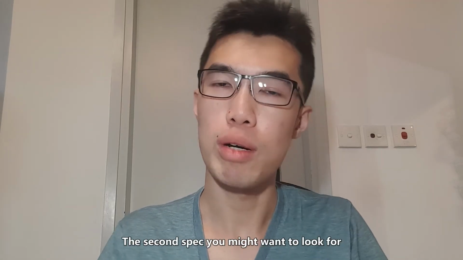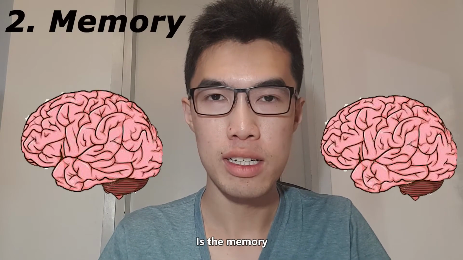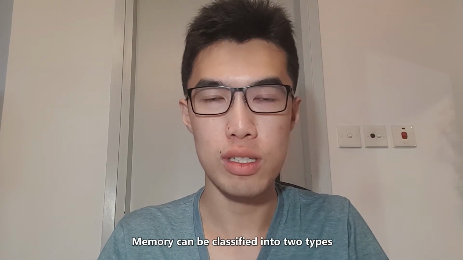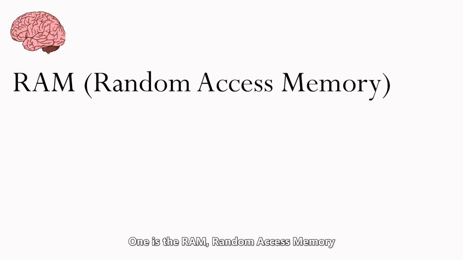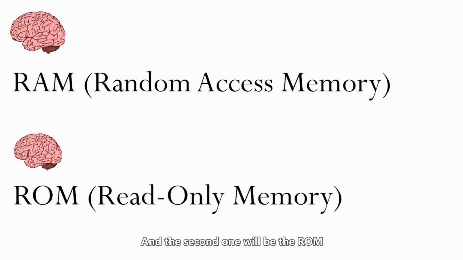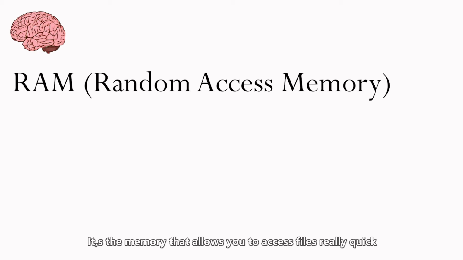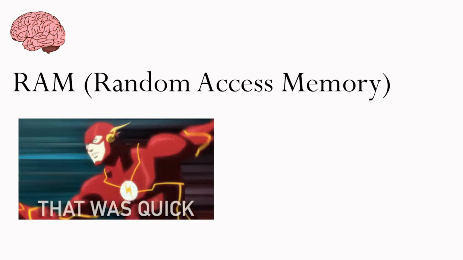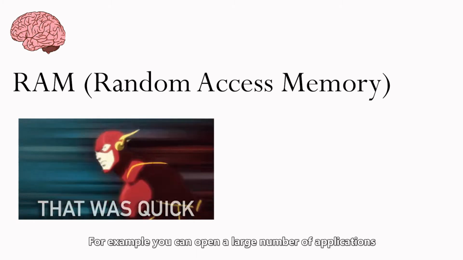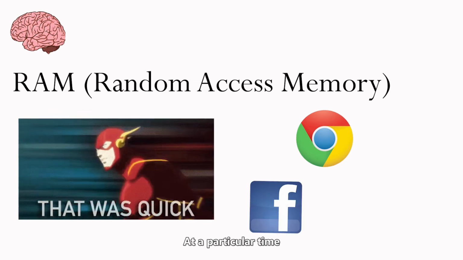The second spec you might want to look for is the memory. Memory can be classified into 2 types. One is the RAM, random access memory, and the second one would be the ROM, read-only memory. The RAM is the memory that allows you to access files really quickly and reduces latency when you perform a high-speed task. For example, you can open a large number of applications at a particular time